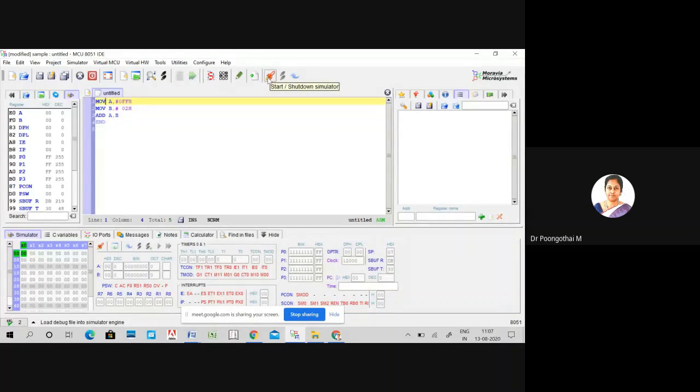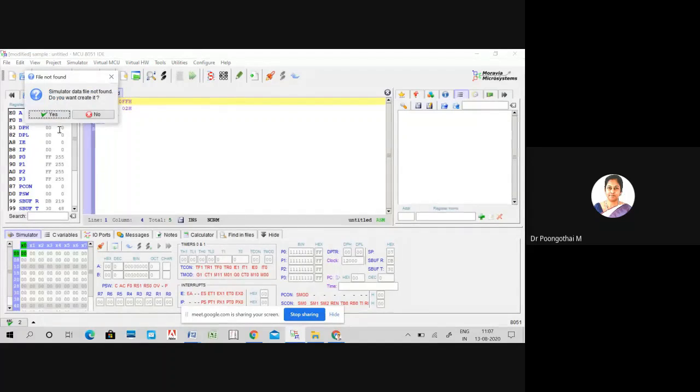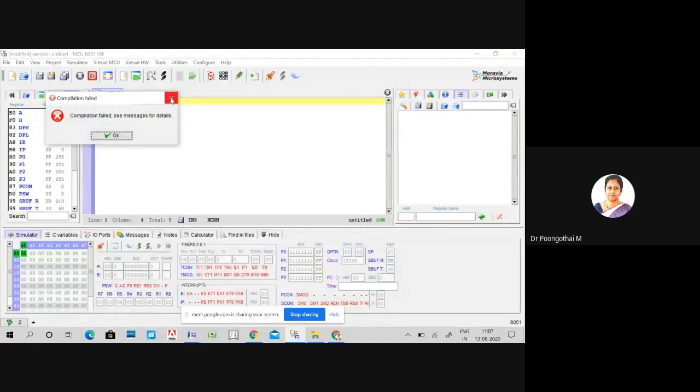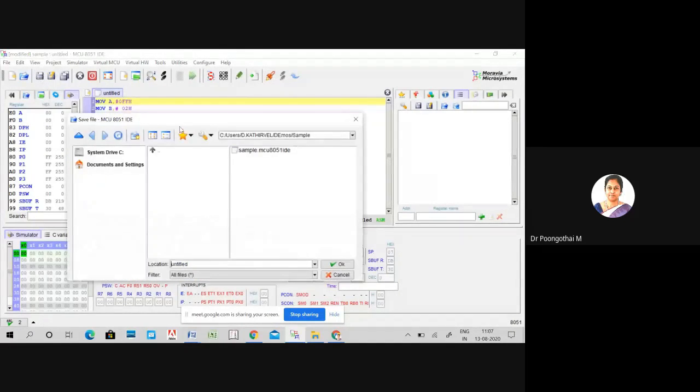So just click the start simulator option. Before that, you have to save this file. So save this file under the sample folder. The file name, say sample.asm.